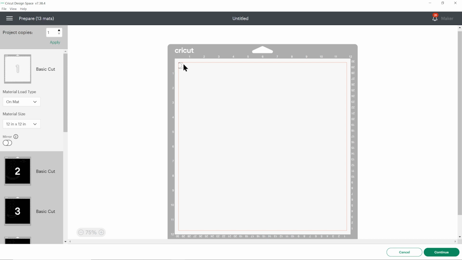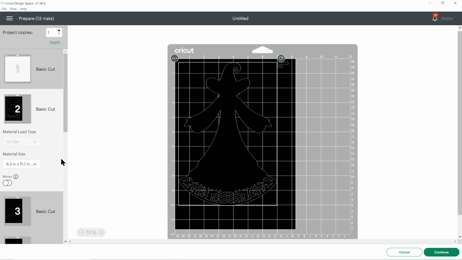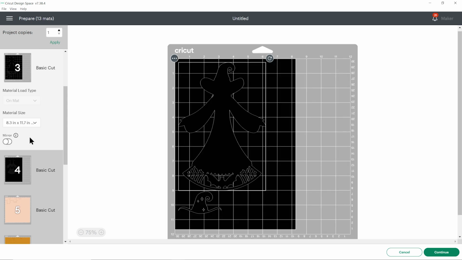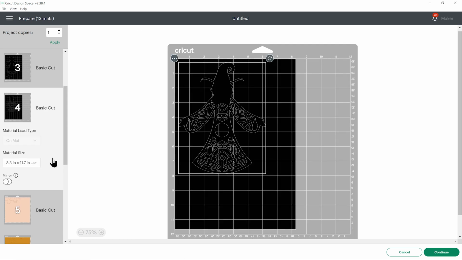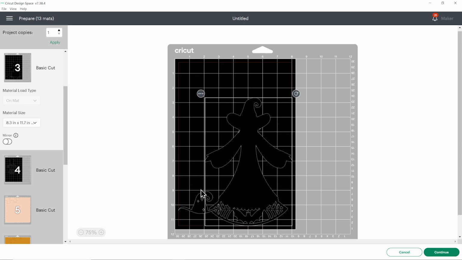You can see for the moon I'm only going to need the tiniest little bit of white card, so this is definitely going to be one to use my scraps up. And then for the other colours I'll need some more of those ones. You can change the paper size in the drop down here. I'm using A4, and you might find when you do that it splits it onto more sheets because this is smaller than 12 by 12.